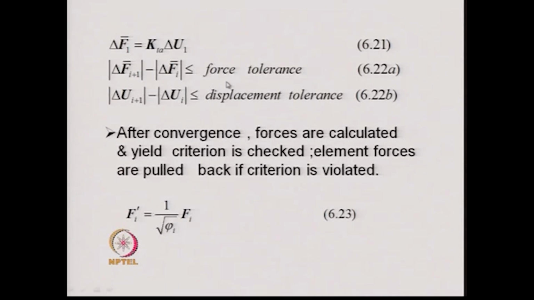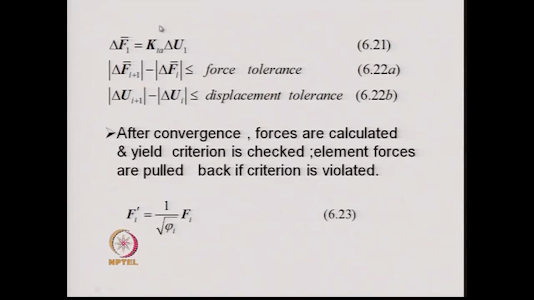So, the incremental displacements or incremental forces that we get are examined in successive iterations, and the difference between two successive values, if they remain within some tolerance level, then we say that the convergence has occurred. Now, once the convergence is achieved, then the forces are calculated in the columns again, and the yield criteria for